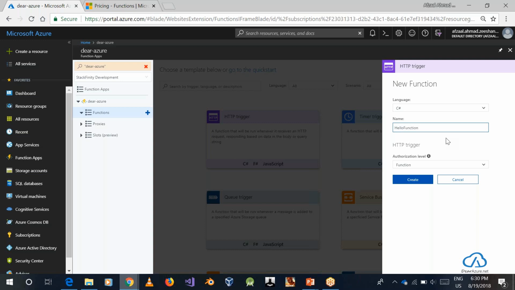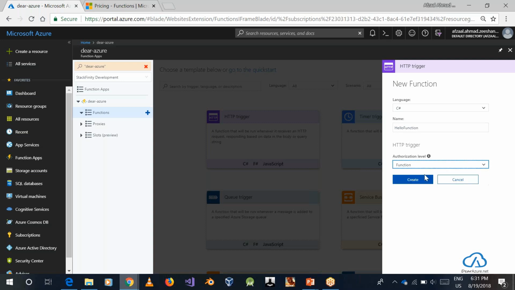Sure. I'll just call it hello function. Then comes the authorization level. Authorization level basically is the authentication. It's much more of the authentication side, not the authorization, but it's like a blend of both of the concepts. So it says whether your function is accessible from everywhere.